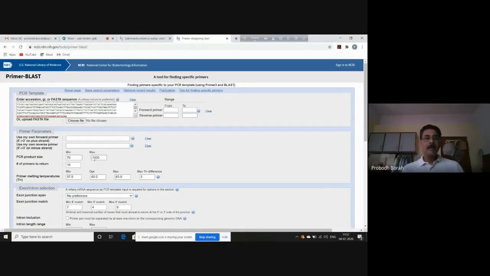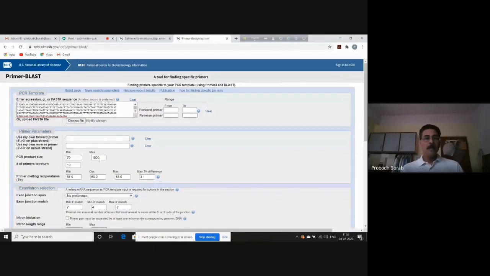Similarly, maximum product size, it is showing 1000 because in conventional PCR, we use the Taq DNA polymerase. As I discussed earlier, the fidelity or the proofreading capacity of all polymerases has limitations. The Taq DNA polymerase usually causes a mistake or a mutation in every 1000 bp segment it produces.